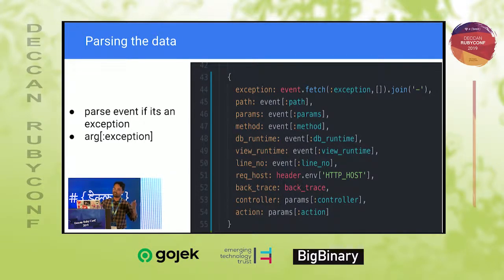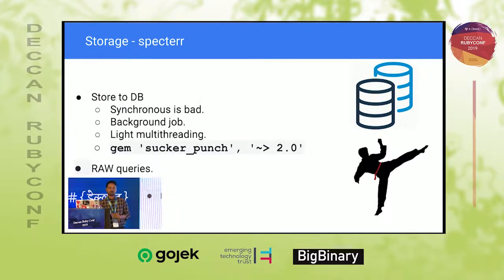inside your own application's database. We have a database YAML file which specifies what database or what tables you choose to store these exceptions into. Database storing is the next requirement. But storing these exceptions synchronously is a bad idea. It will directly affect the performance of the host application. The option is using background jobs, but using something like Sidekiq for that job is not a good idea. We would bloat the gem.